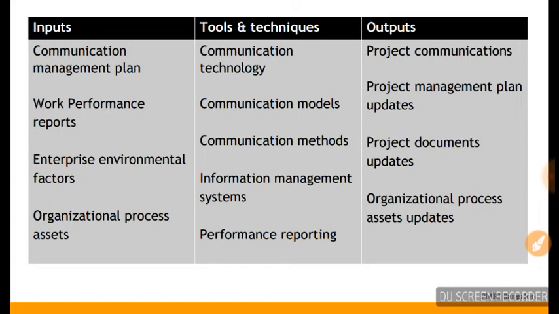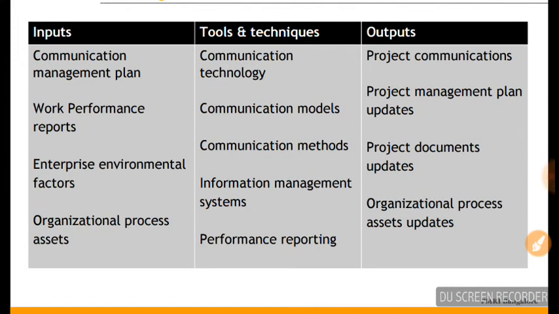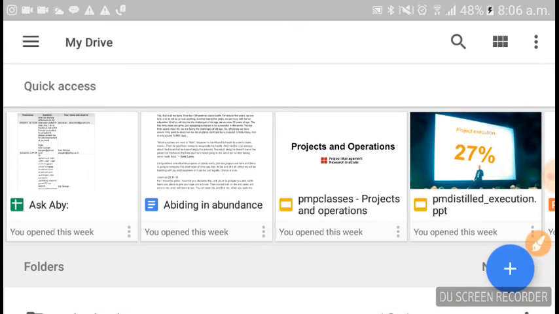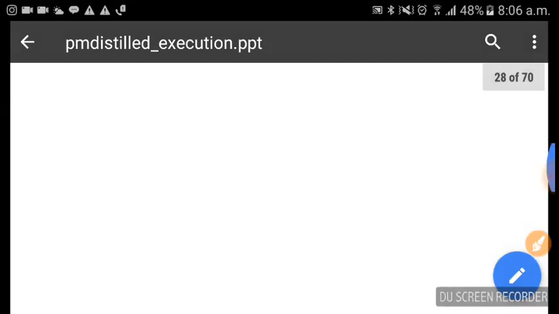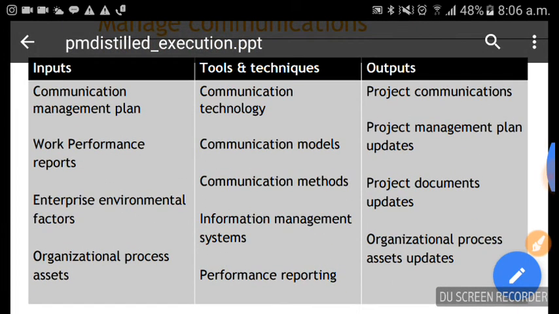Okay, so the next process is manage communications. The communication plan is done at the time of planning. The communication plan is already there, and then work performance reports, everything we discussed. Then tools and techniques: we have to select the communication technology, whether it is internet or paper-based or whatever, and communication models,